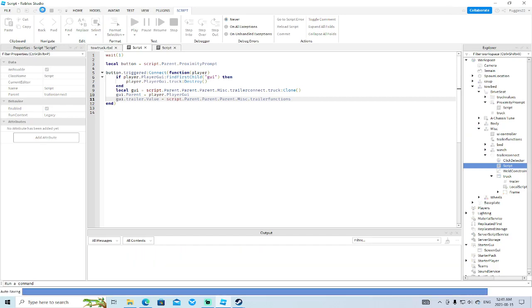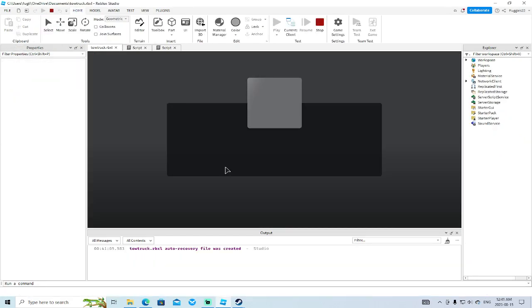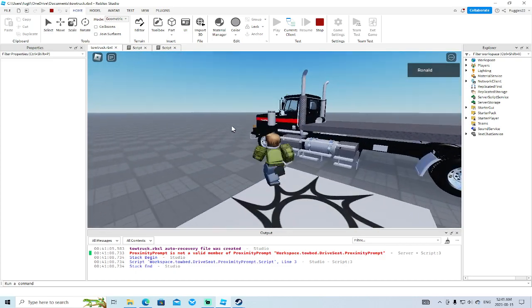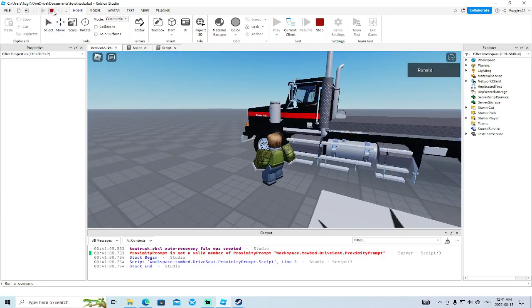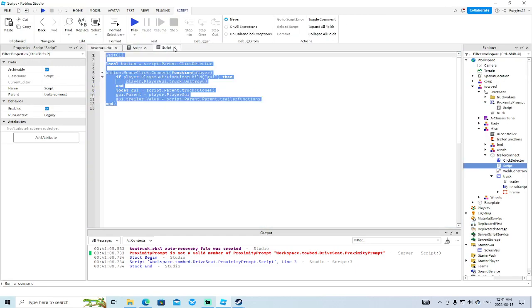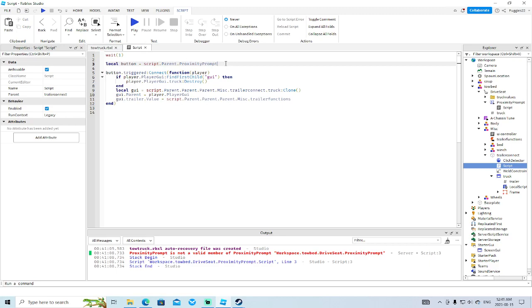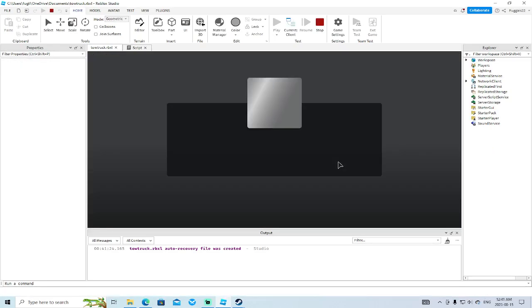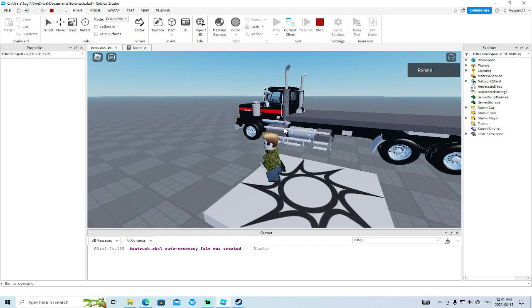Okay, now let's test this. When I activate the proximity prompt, it says it is not a valid member of proximity prompt. Whoops. Should just be script up here. That's why it was giving me those. So now when we activate the prompt, it should clone the